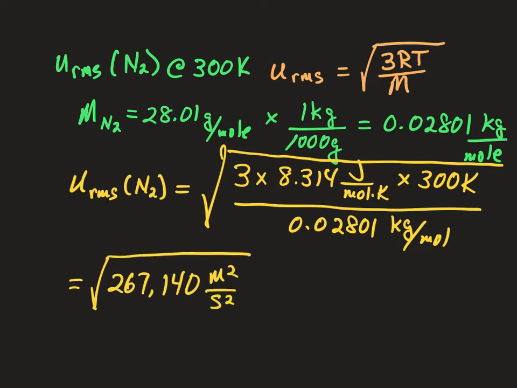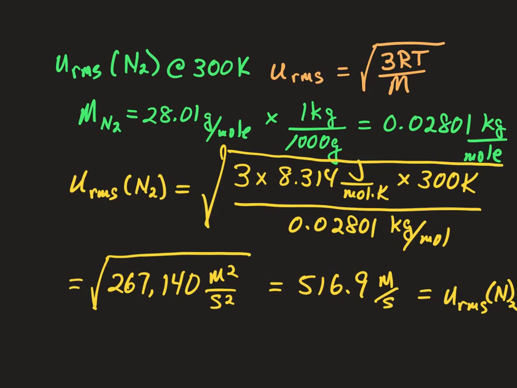If we take the square root of that, we get 516.9 meters per second equals the root mean squared velocity,